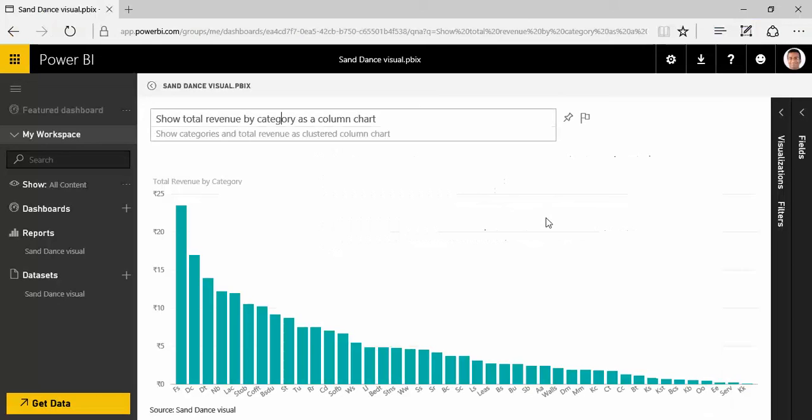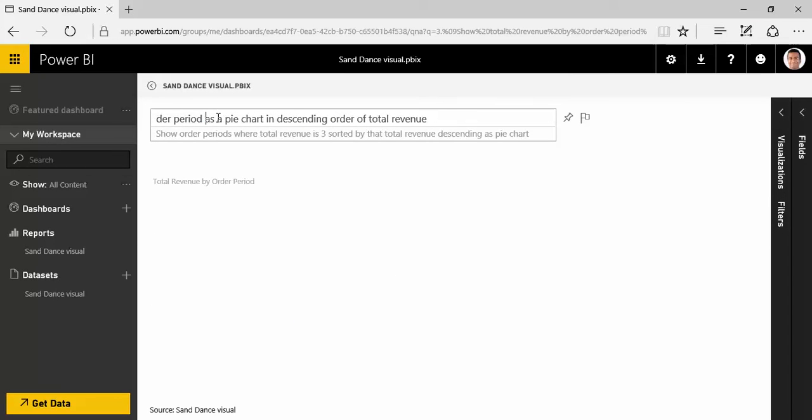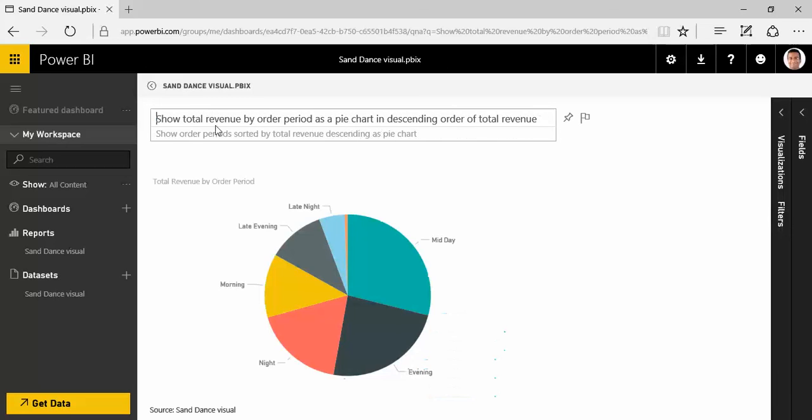So if I copy this over here, I type it over here, I delete the index number there. So it's showing me the total revenue by order period, which is midday, evening, night, morning, as a pie chart in descending order of total revenue. So you can actually see how it's responding to natural queries that I'm typing, and this can happen